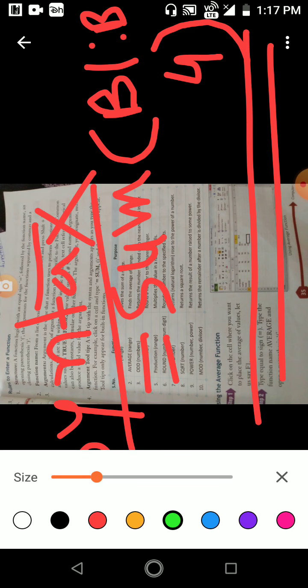Firstly, we put the equal sign, then write the function name, whatever function we are using, then the opening bracket, the arguments, and the closing bracket. So it is basically the syntax, the rule for how we write a function.